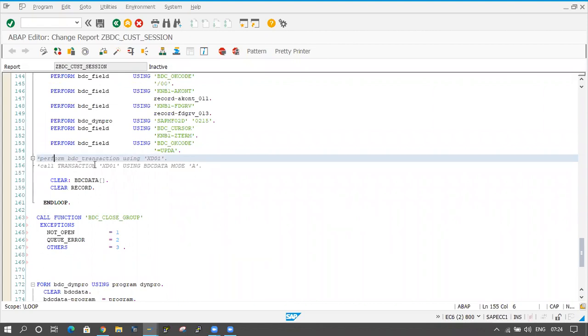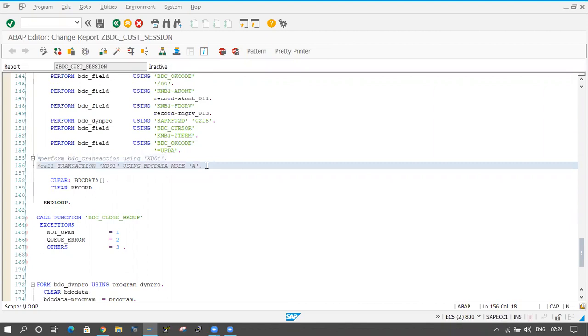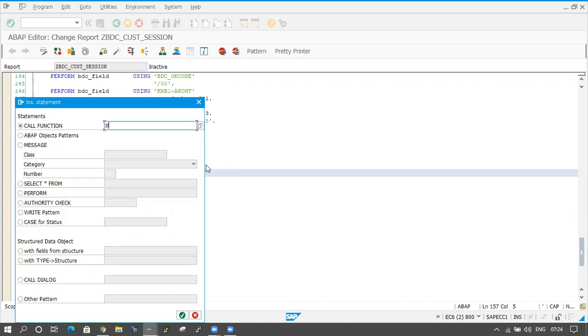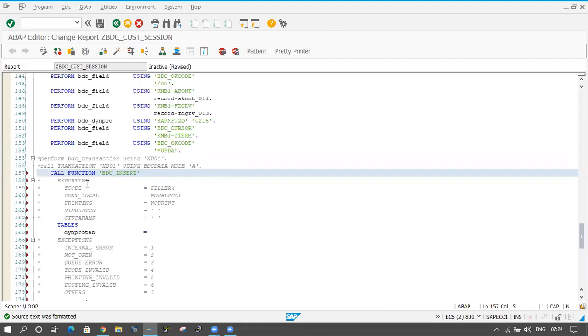For the call transaction method, now I'm using the session method, right? So we have to apply one function module here, BDC insert. What is the internal table name?